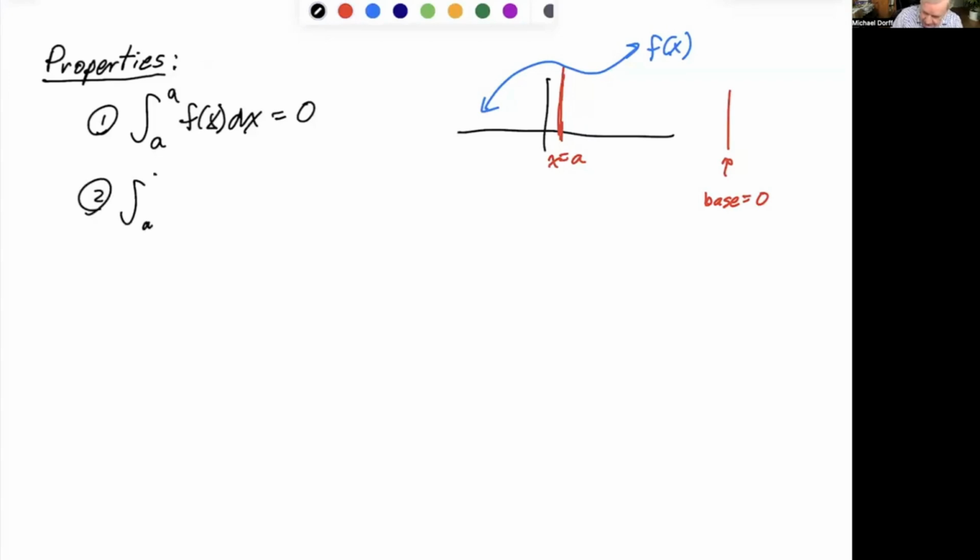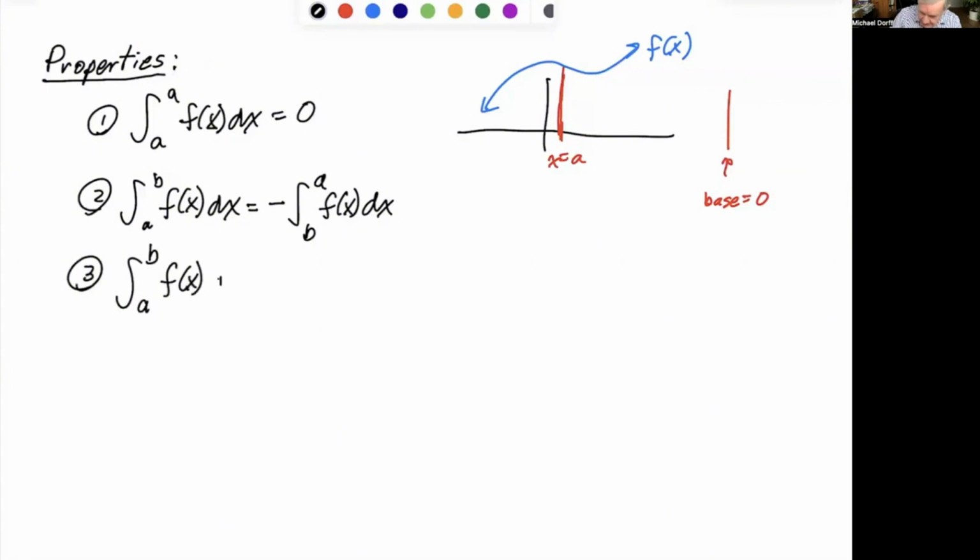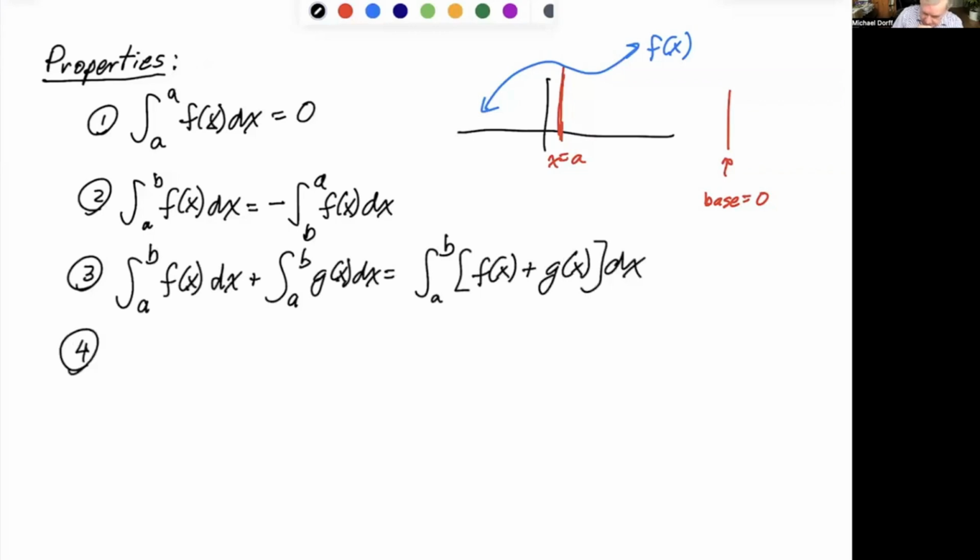Okay, second property: if I go from a to b on my integral and I want to switch it, and instead go from b to a, so I'm changing that direction, I'm going to get a negative value. Third property: if I've got an integral of f of x dx and an integral of g of x dx, I can write that as just one integral by adding the functions together. And then the fourth property is if I've got an integral from a to c of f of x dx, and then an integral from c to b of f of x dx, that's going to equal the integral